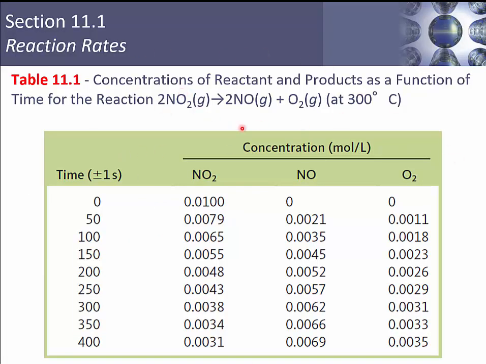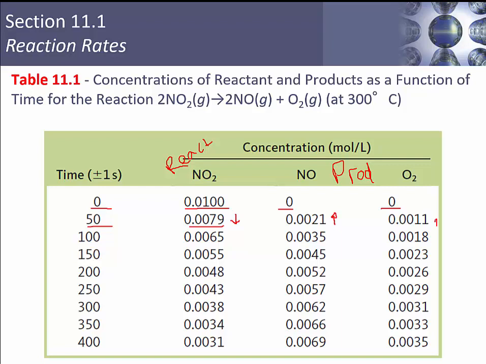So here's another example. We've got NO2 forming nitric oxide and oxygen. So it's a decomposition reaction. Our reactant here, the NO2, is going to form our two products, NO and O2. So we started off at T0 with just the NO2, none of our products. After 50 seconds, we notice that we've decreased the amount of reactant, and the amount of product has gone from